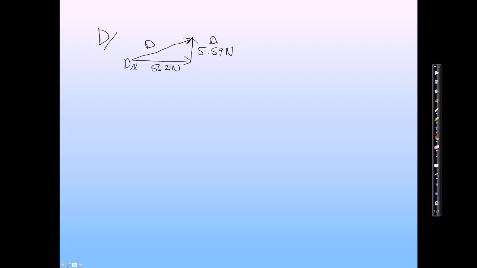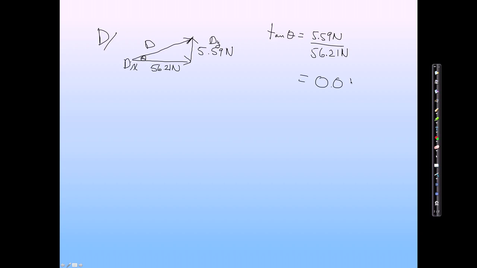And here's the angle I'll choose to look at. It's the angle off of the positive x-axis. And so we can say that tan theta equals 5.59 newtons divided by 56.21 newtons, which equals